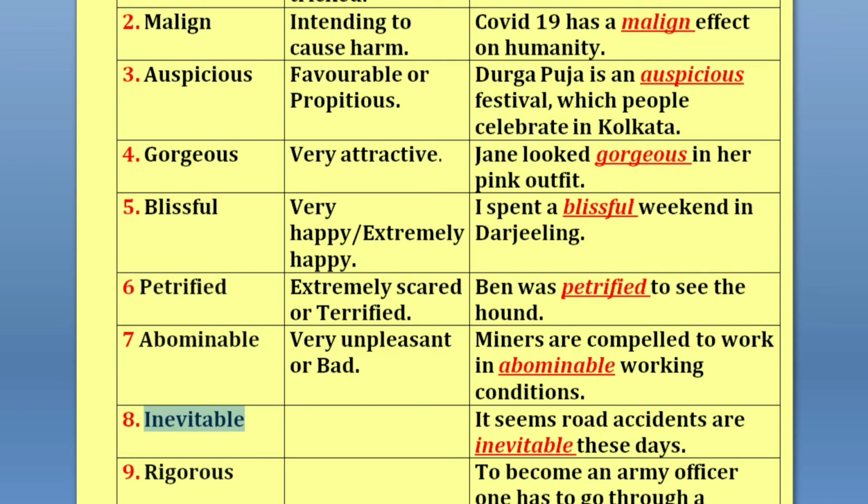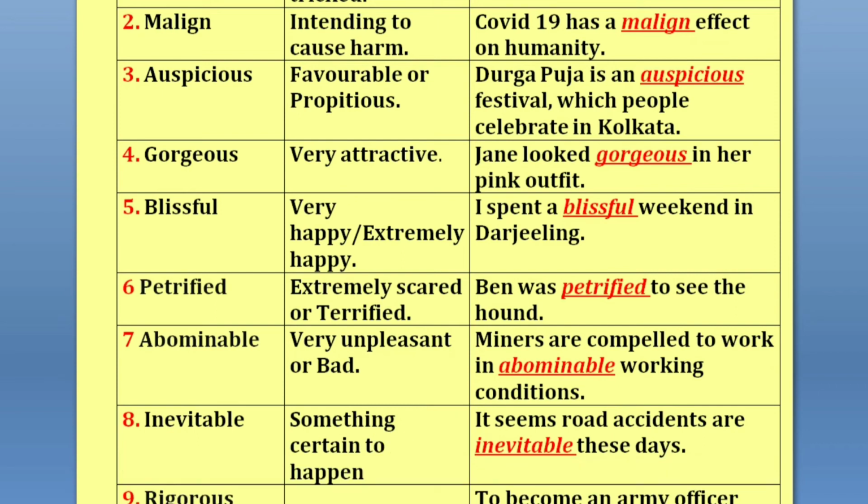So up next we will see the eighth adjective for today, which can be used in your daily conversation. It is given on your screen, it is inevitable. Let me pronounce it once again. It's inevitable. So this adjective is also useful. Inevitable means something that is going to happen. Okay, certain to happen, as I'm typing the meaning, and unable to be avoided. Something which cannot be avoided, and it is going to happen. Certain to happen and unable to be avoided. Okay, as you see, I have typed the meaning also.